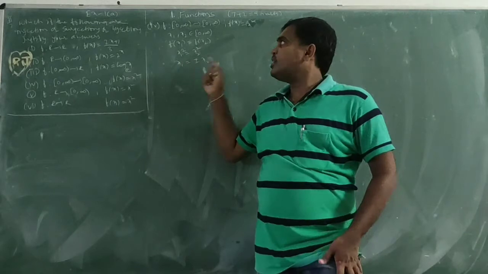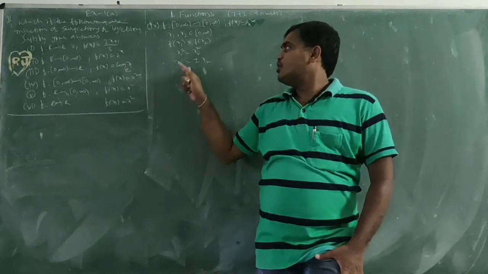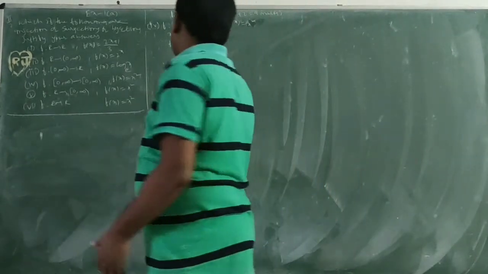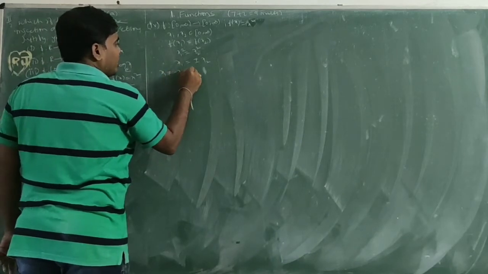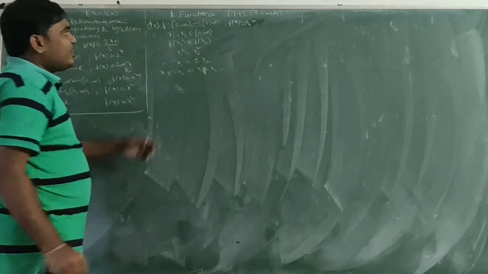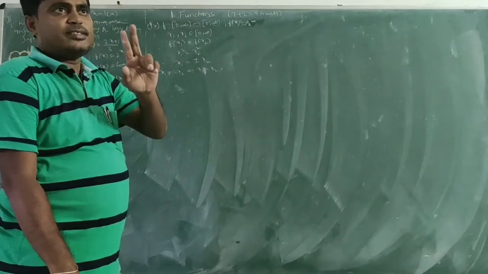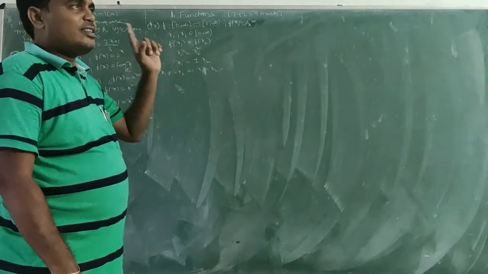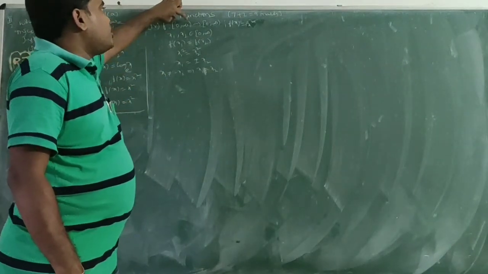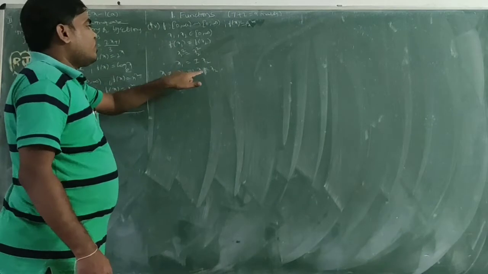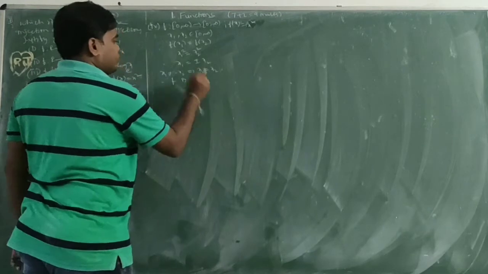So here there are two possibilities, but the elements in the domain 0 to infinity are all positive, so x1 equal to minus x2 is not possible. This implies x1 equal to x2. If the domain is other than 0 to infinity, if it is R, then there exist two choices, so those two elements have the same image, and that is why it is not a one-one function. Here it is 0 to infinity, so only x1 equal to x2 is possible, therefore f is one-one.